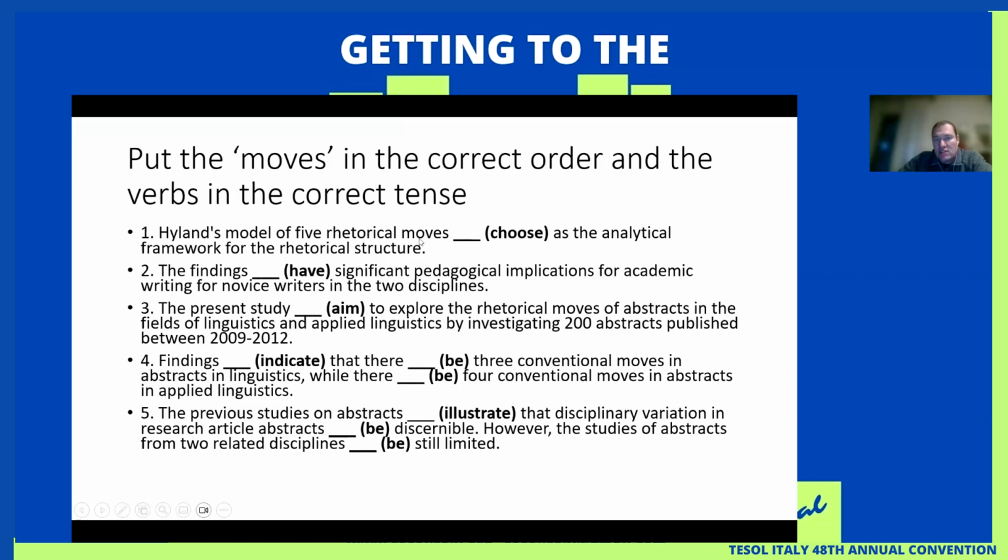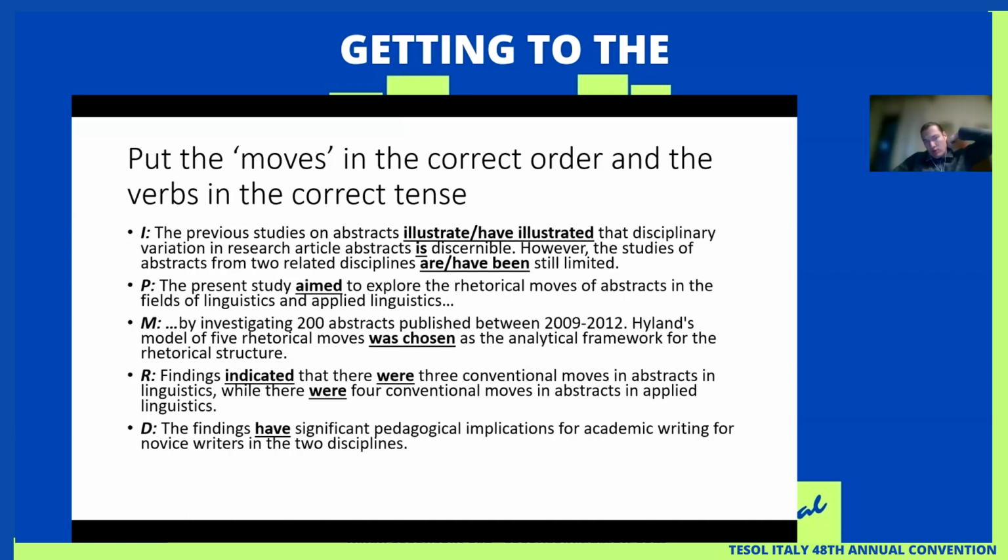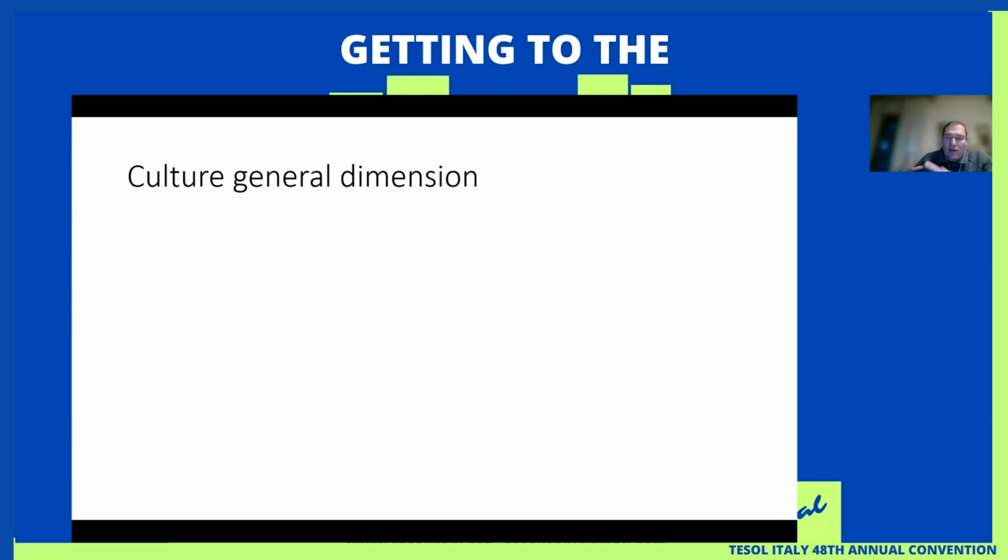What happens if we change the tense from one move to the next? What happens if I choose the present simple instead of the simple past? How does that have a different impact on the reader, etc.? And so then these will be the correct solutions that are then presented to them. So that's generally how I introduce the concept of genre analysis, discourse analysis, and move theory as applied to research or article abstracts.